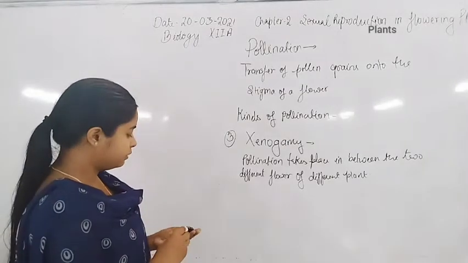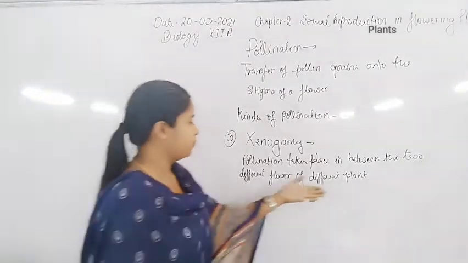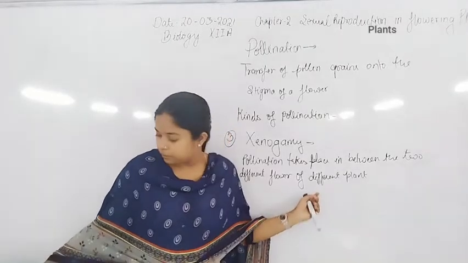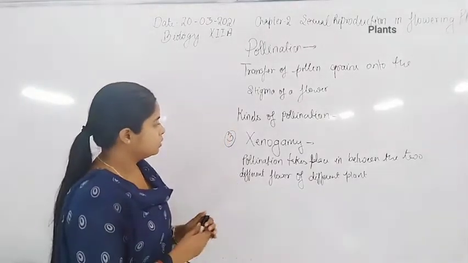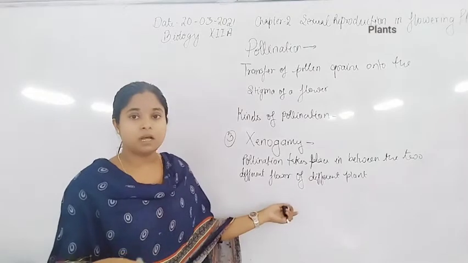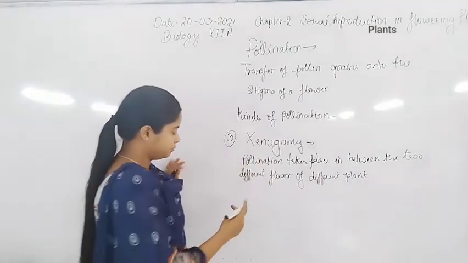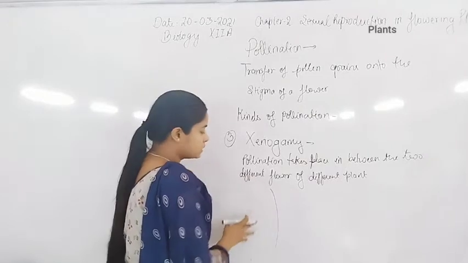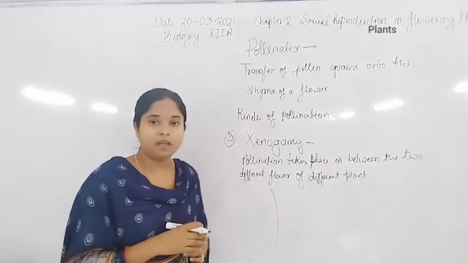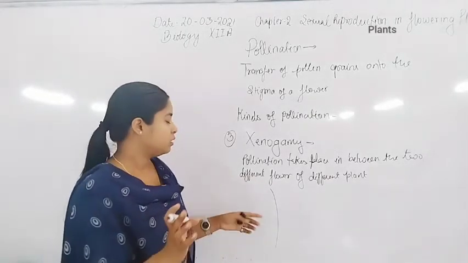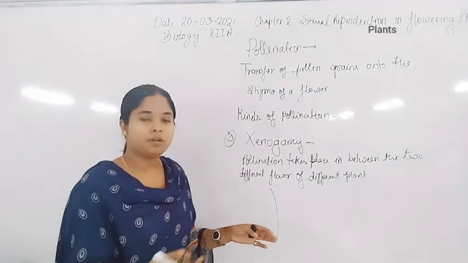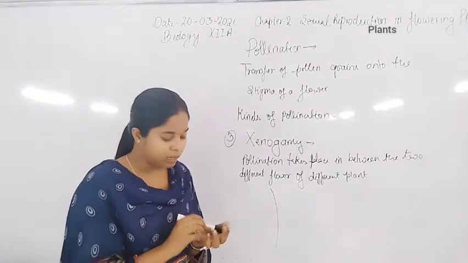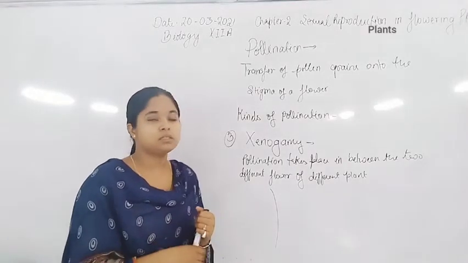So two different flowers of two different plants. The next example of xenogamy is, if the plants do not have bisexual flowers, or they have only unisexual flowers, and both the plants represent